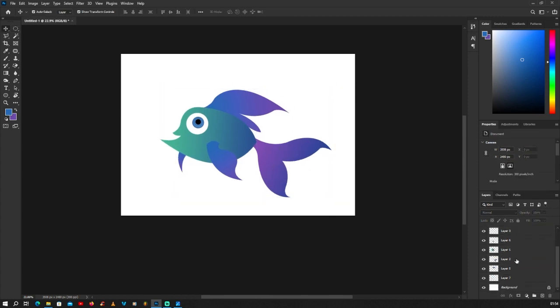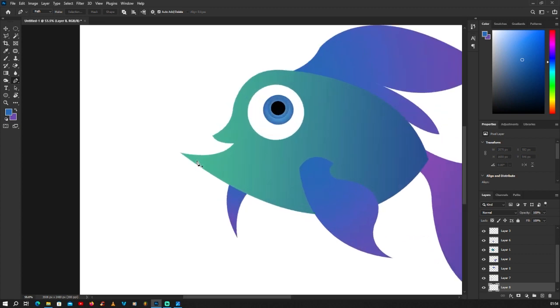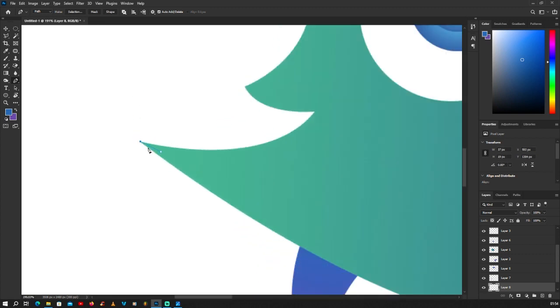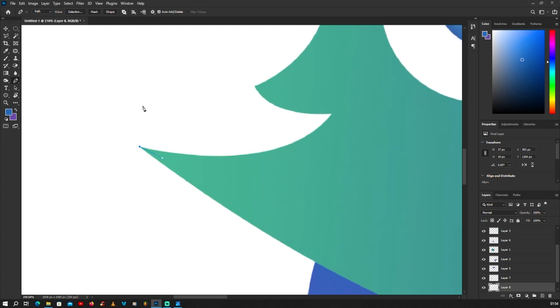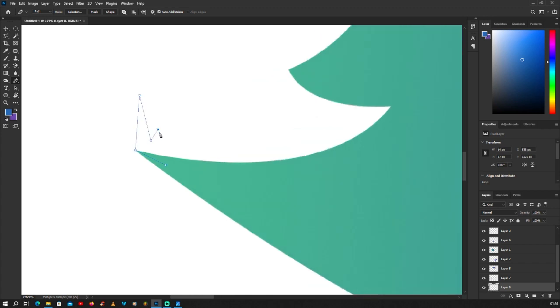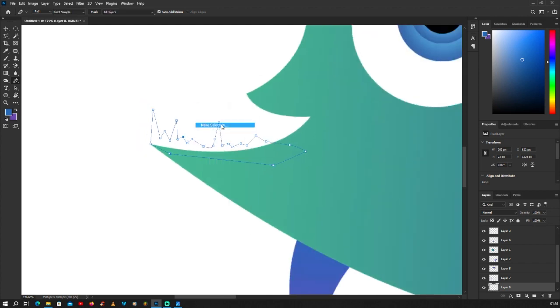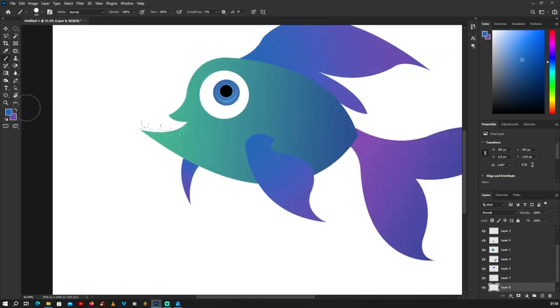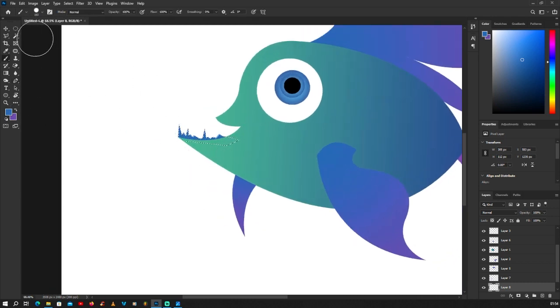Then we are going to go back here at the background, we create a new layer, we go to the pen tool, we come here, click here, come here, we give it some teeth, you click here, you can do any style you want depending on the character you're designing, then make selection, then we select the brush tool, we paint it blue,